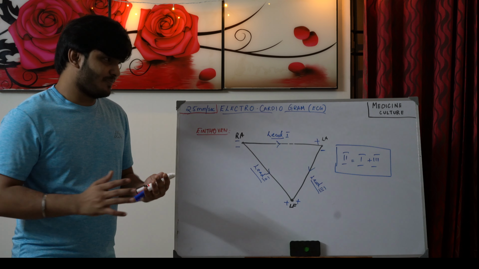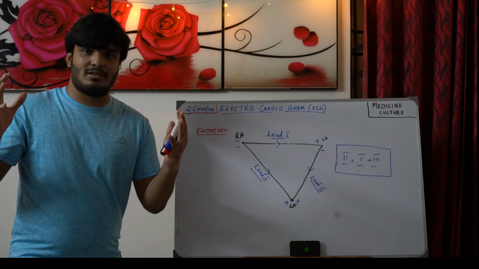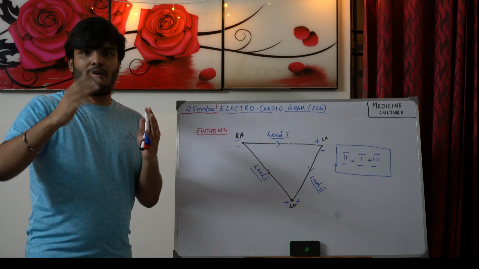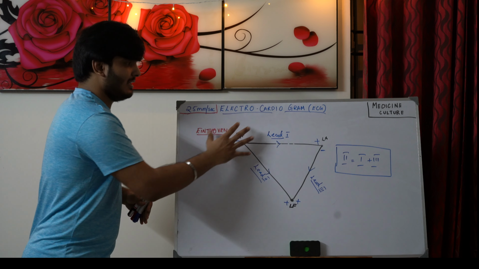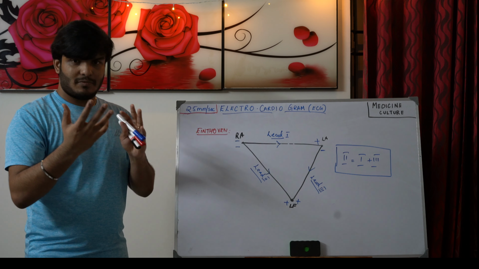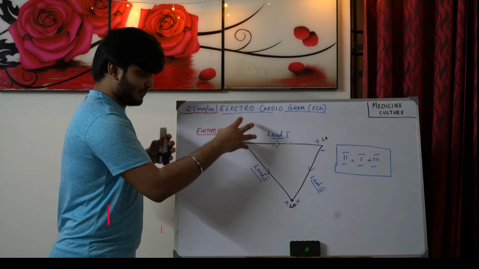What he did is that he wanted to see the heart as a 3D image. So imagine that I want to see the heart, like for example, I am seeing the heart from a window. These three bipolar leads will give you a 2D image basically. So he wants to see the heart in a 3D aspect. So what he did is that he augmented certain points so that a positive energy is created on the augmented point and a negative energy is created on the opposite.